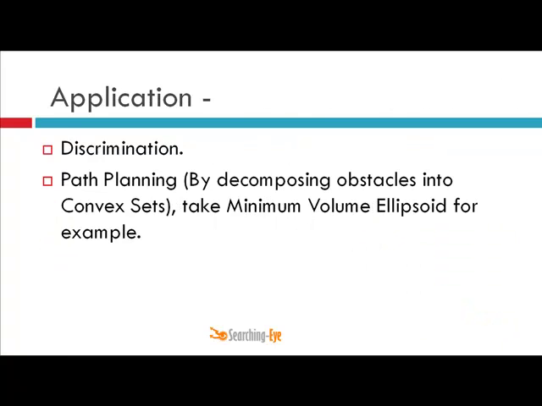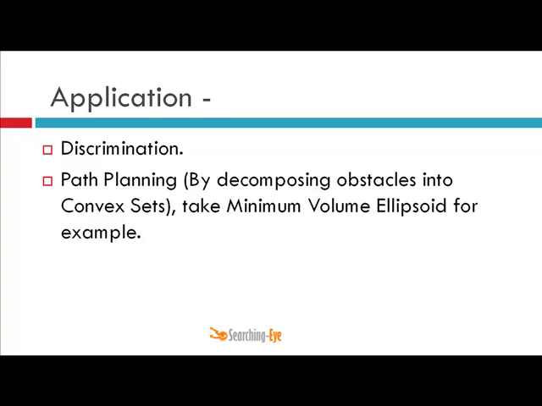So these are a few of the applications of minimum volume ellipsoids, and mostly in path planning. It is not just limited to outlier detection or classification and discrimination tasks. Even the ellipsoidal surfaces for discrimination can be extended for path planning. Though this lecture is based just on classification and discrimination, in the upcoming lectures I will extend this approach